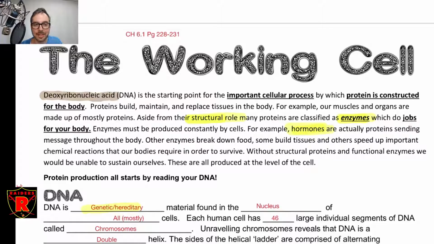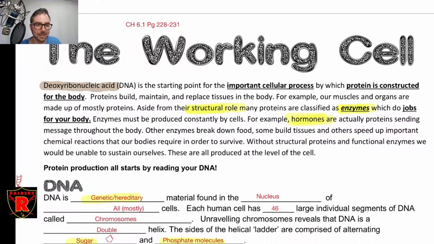And the name deoxyribonucleic acid is descriptive of the actual molecule itself. So we're going to look at the molecule in a second, but I'll show you where the deoxy is and where the ribose is, so that you can see why it's actually called that. But anyway, that's the name. Deoxyribonucleic acid is the molecule that contains all of your hereditary information. It's a giant macromolecule.